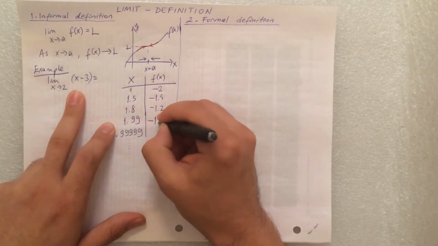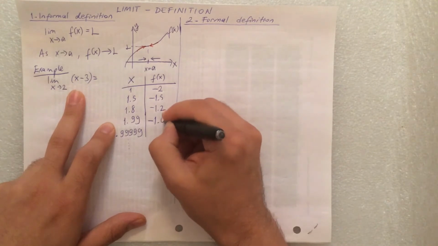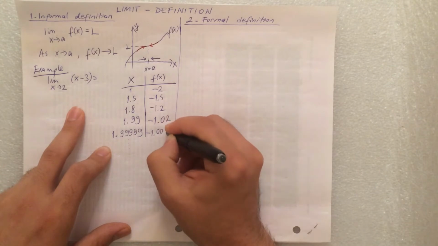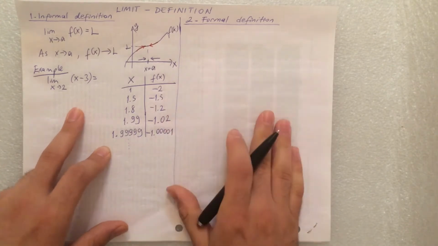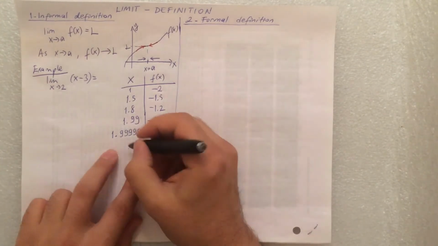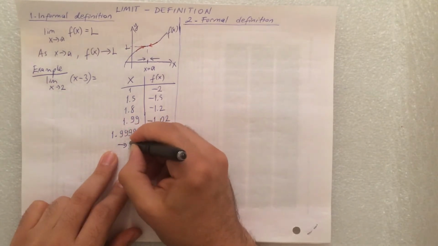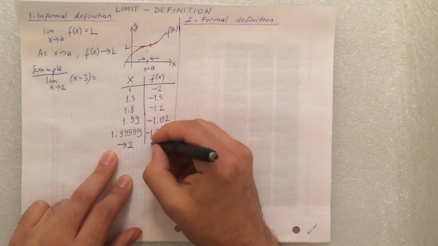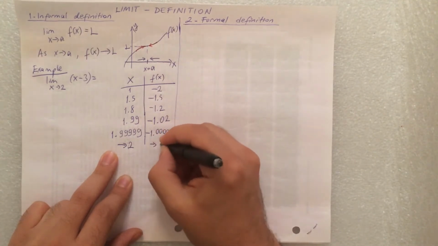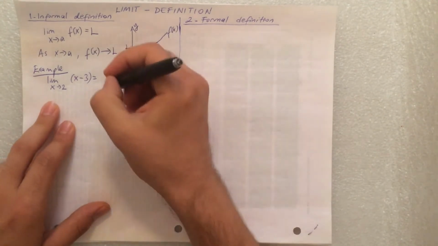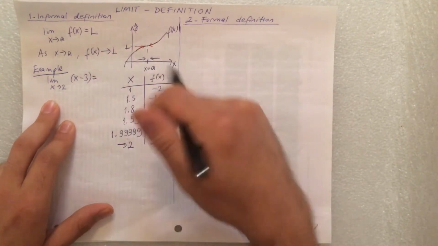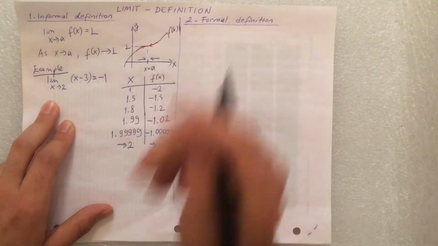For 1.99 it's minus 1.01. For this minus 1.00001. So it looks like as we get close to 2, the f(x) gets close to minus 1. So this should be minus 1, but